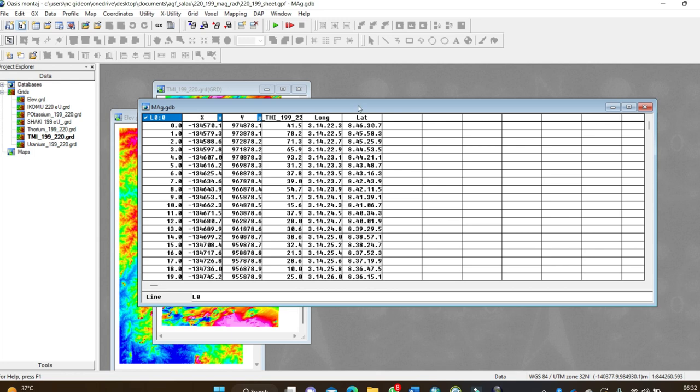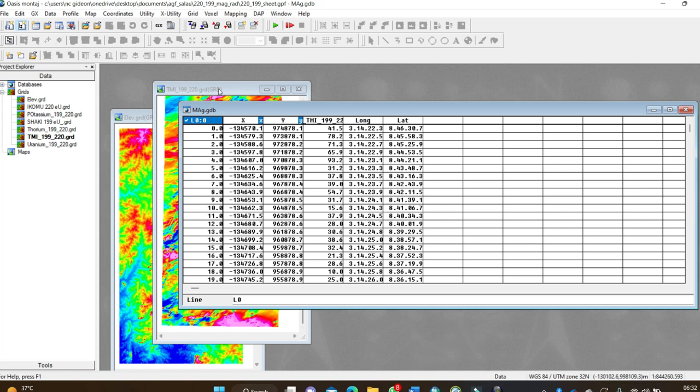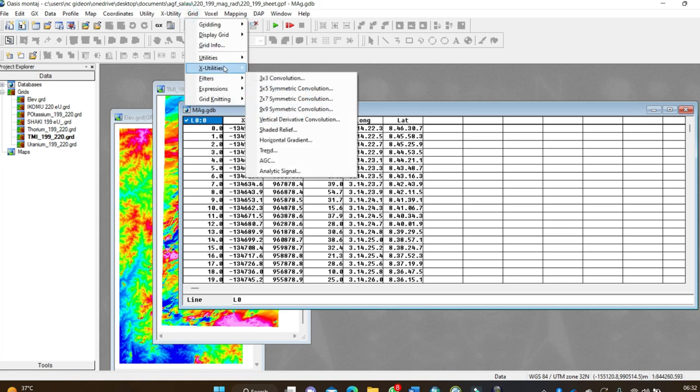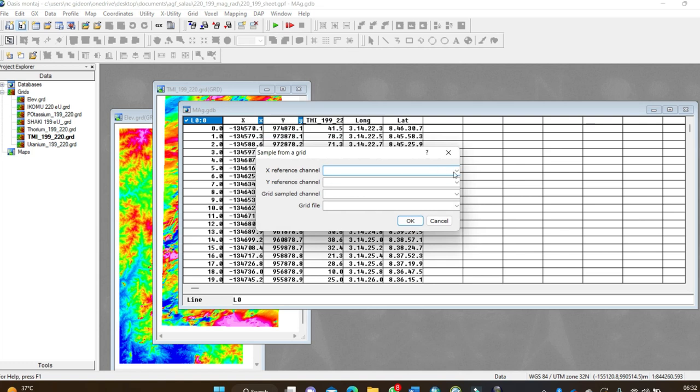Having converted this, now we're going to sample this data from our elevation to see if we can get the elevation of this particular XY from the elevation grid. So we go back to our grid, go back to our utilities, and we'll sample grid. So our X reference point is X and the Y reference point is Y. Then sample from,